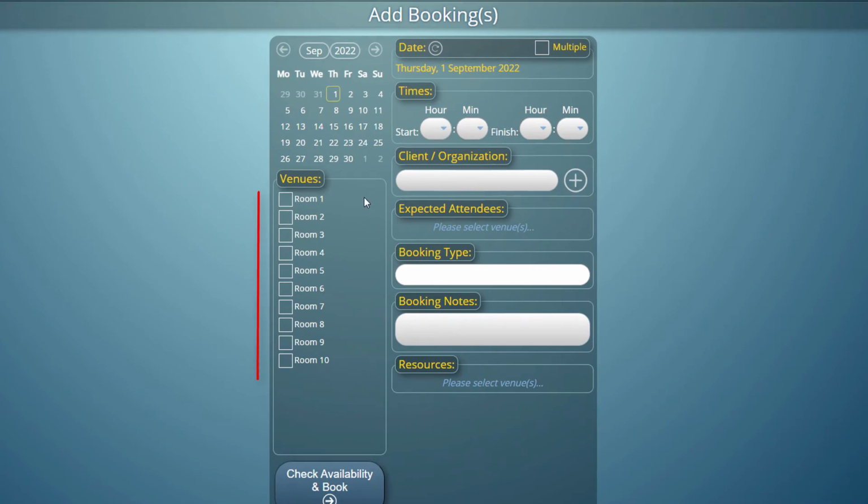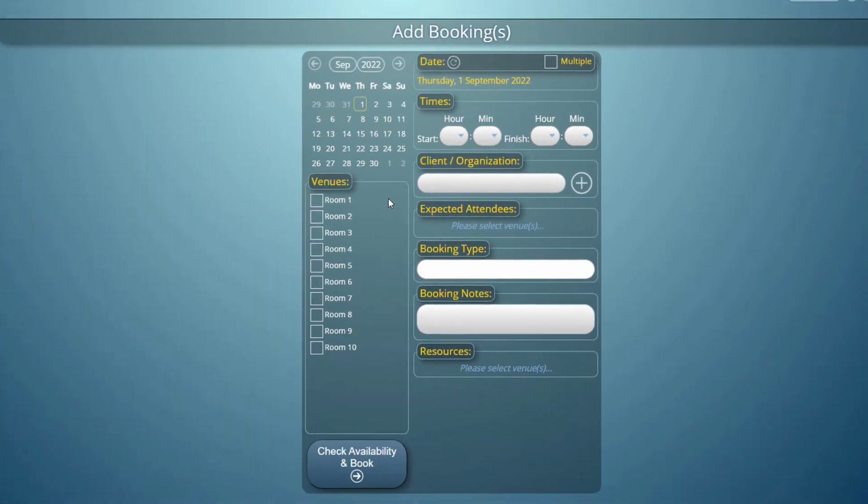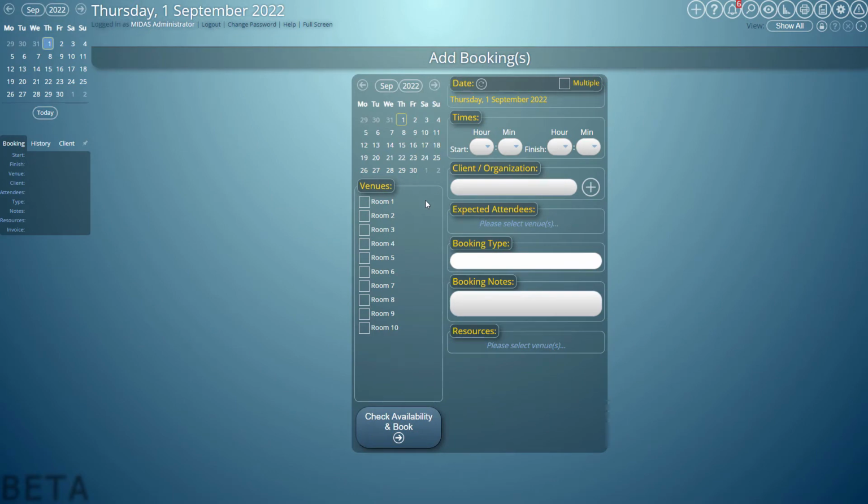Now the new floor plan feature in MIDAS allows us to change this list of venues to show instead a map or a floor plan or a schematic of your facilities and allow users to click on a space to book. So to set this up we need to first enable the map floor plan feature, and we do this